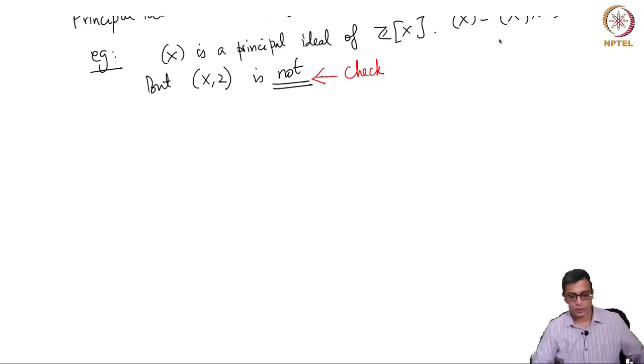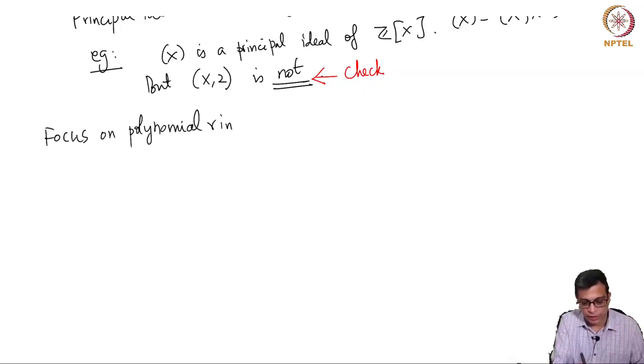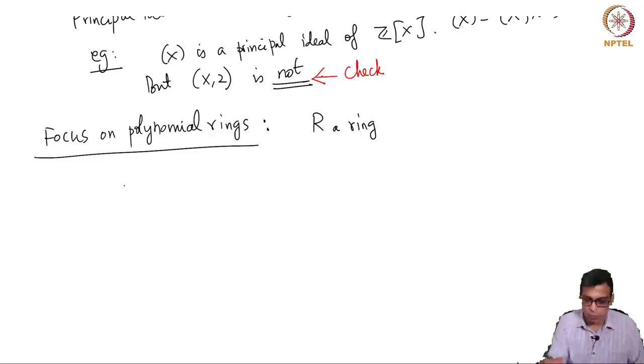Just to continue, a few more things about ring theory. Now let's focus on polynomial rings, because this is going to be at the heart of this course. I'm going to use several things about polynomial rings constantly in this course. So let's recall some important results about polynomial rings. Let's stick to a general case as much as possible. R is a ring, and let's consider polynomial rings in one variable, R[x]. So if f(x) is in R[x],